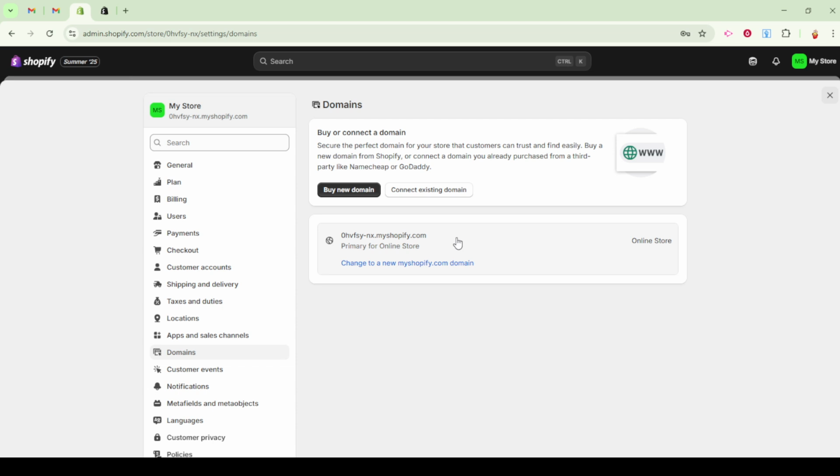So there you have it, a simple step-by-step guide to finding your Shopify store URL. With these easy steps, you should be able to locate your store's web address whenever you need it. Whether you're sharing it with potential customers, updating your contact information, or just double-checking, these methods ensure you're covered from